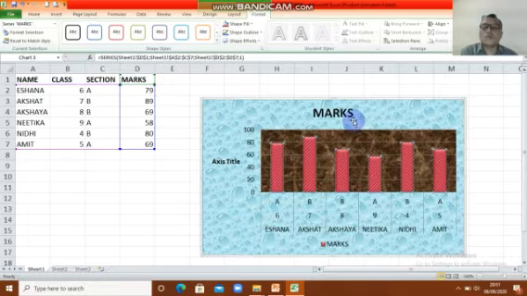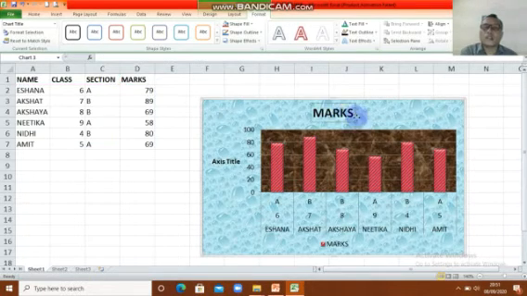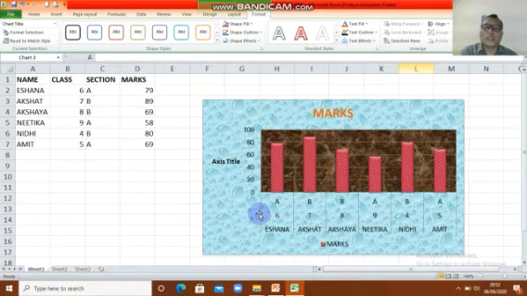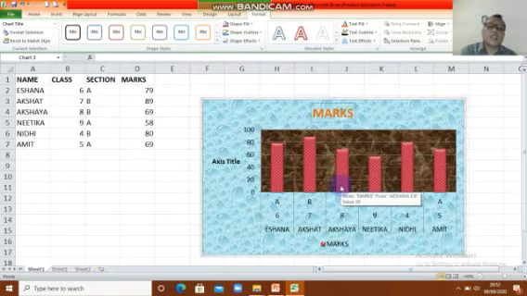For example, you want to click this, mark. This is the chart title. You must know and you must remember this. The name is mark. This mark is the chart title. For example, you want to change the color, maybe this one. Okay, kid.